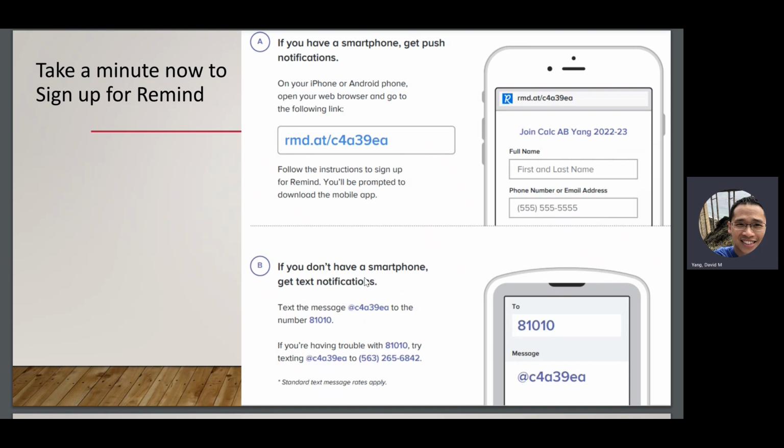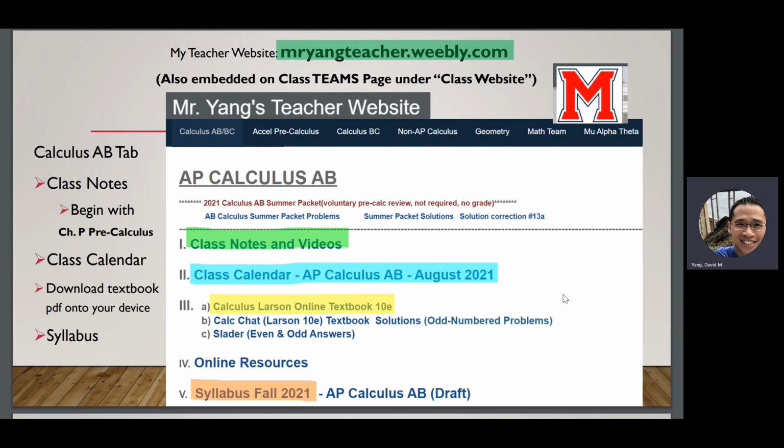I want to highlight a couple of things. The first thing I want to highlight is my website. I put most everything I do in class on the website, whether it's notes, calendar, keys, extra worksheets, or videos.